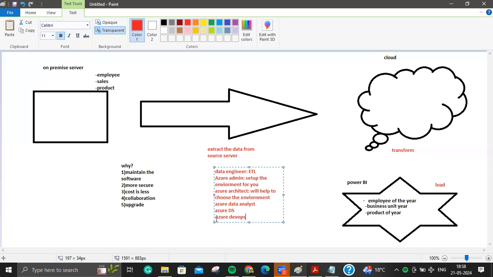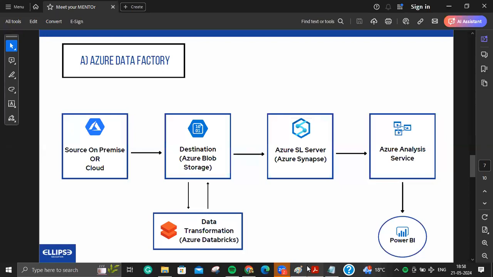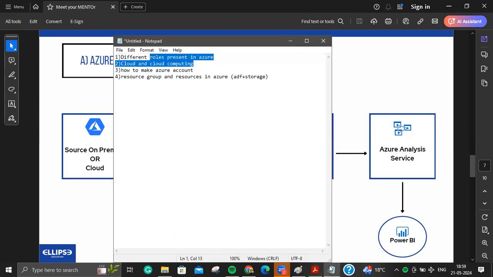So this is about all the roles, and then I will also give a brief about this architecture. It's totally fine if you don't understand why the database is here or why this is here. We just understood that here we are extracting, here we are transforming, and then we are loading. Any doubt till here, guys?